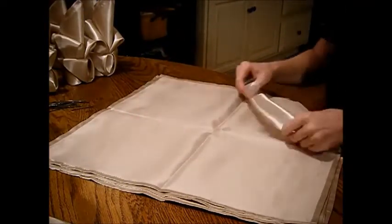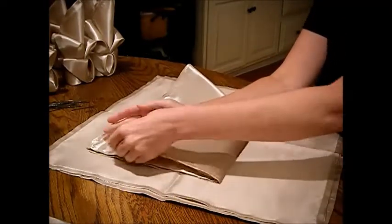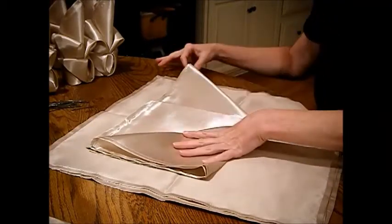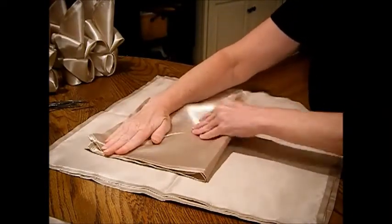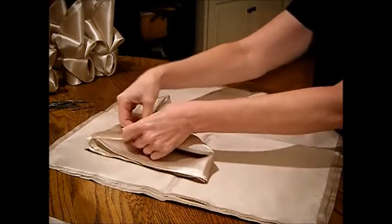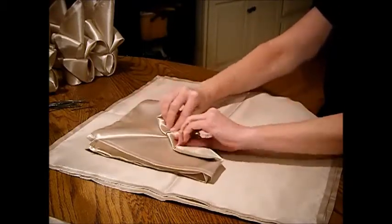I'm going to do this one more time for you quickly here. Pull that forward. Meet point to point. Make your triangle. Sometimes you just have to hold your hand down here. Hit another point. Hit that point there. You want to make it as square as possible when you're doing this. Bend 2/3 of the way up, trying to hold these together, and then fold that back down like that right there. Remember, forward, then back,